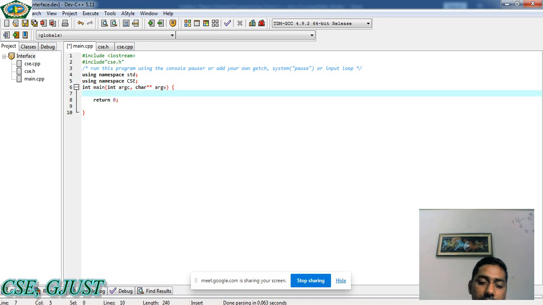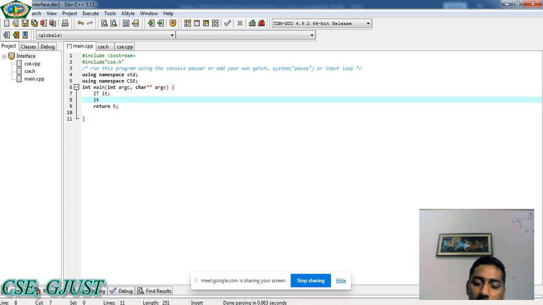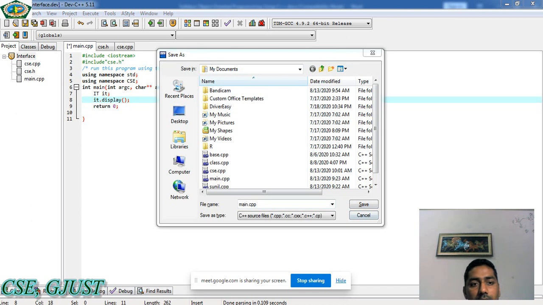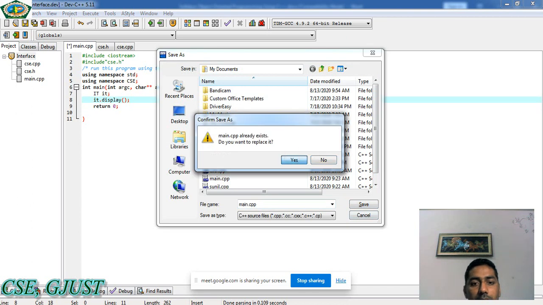Now we can write the name of the class IT, then small it is an object of this class, it dot display function. There is no return type of this function, so we just call it with the object.